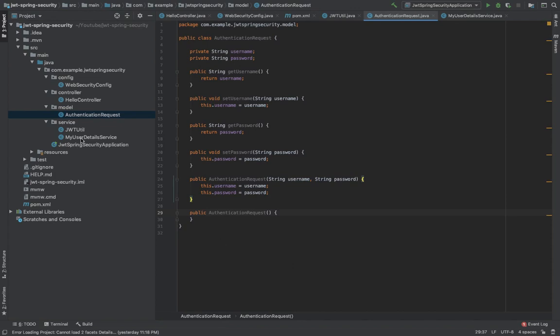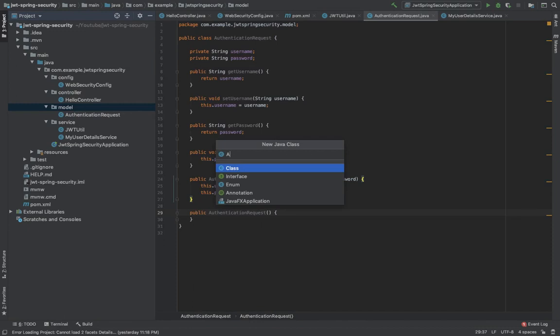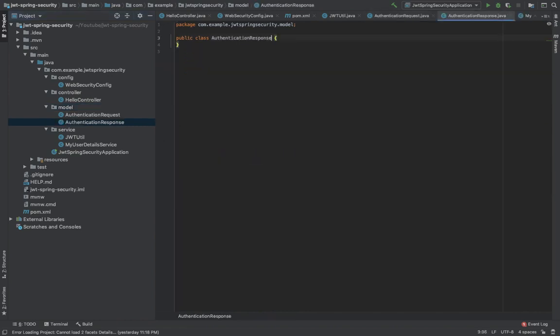Now let's create the response class. In the response, we only need to add one variable which is going to store the token.